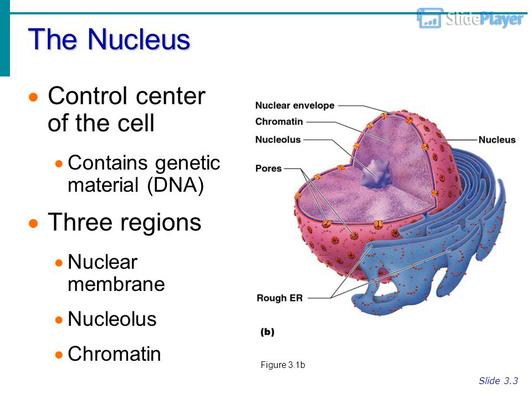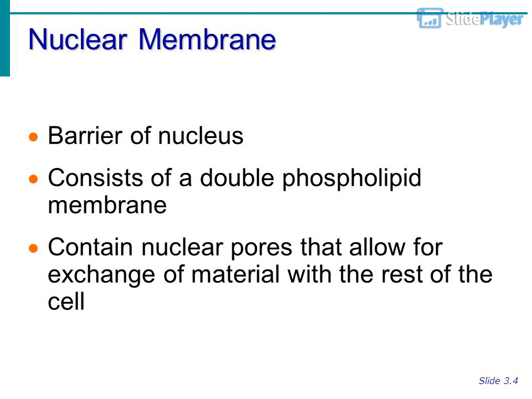It contains genetic material, DNA. Three regions: nuclear membrane, nucleolus, chromatin. Figure 3.1b. Slide 3.3. Nuclear membrane. The barrier of the nucleus